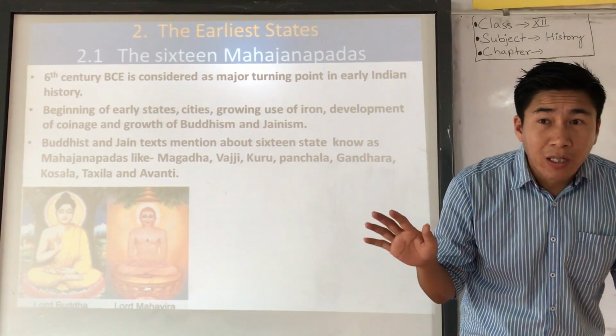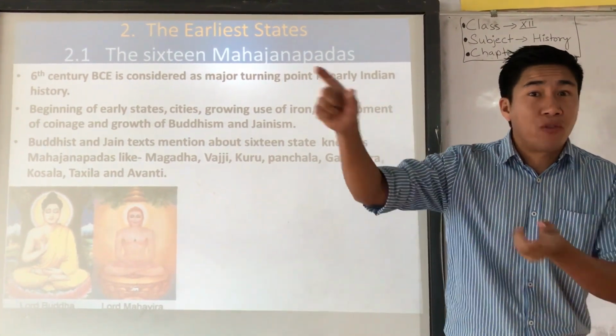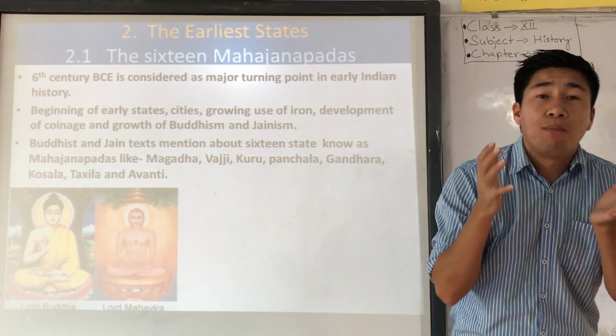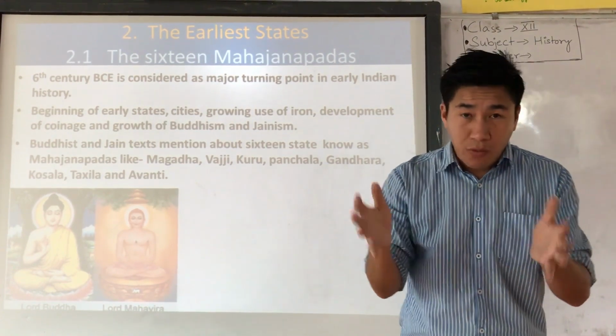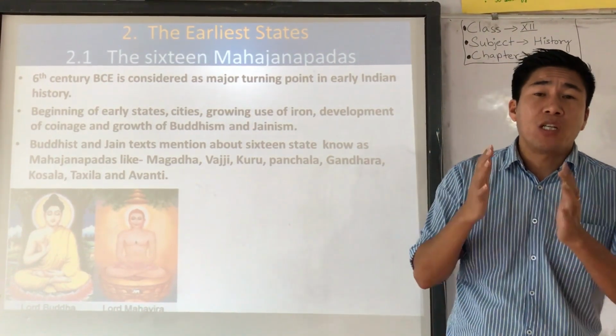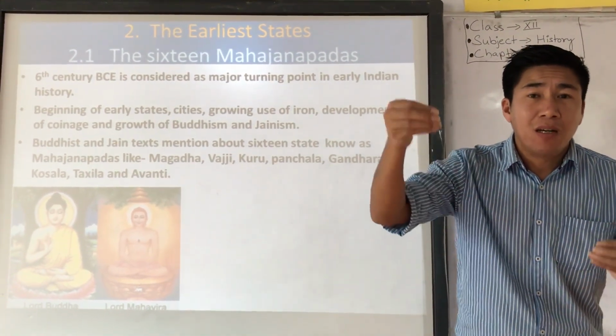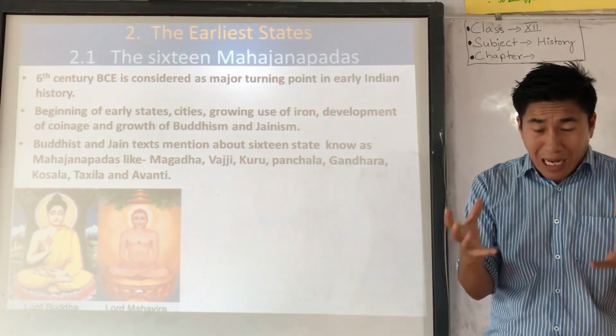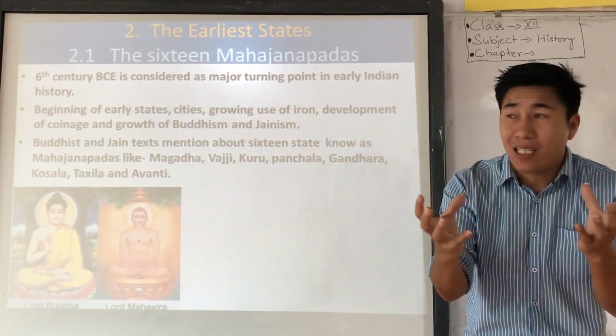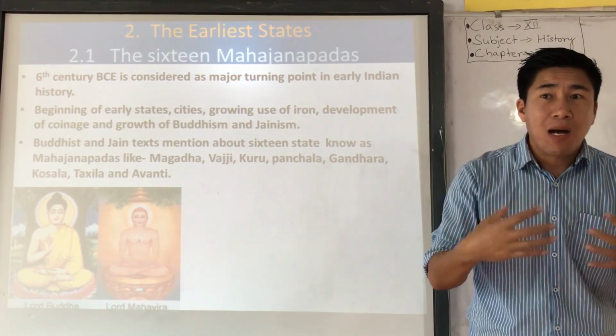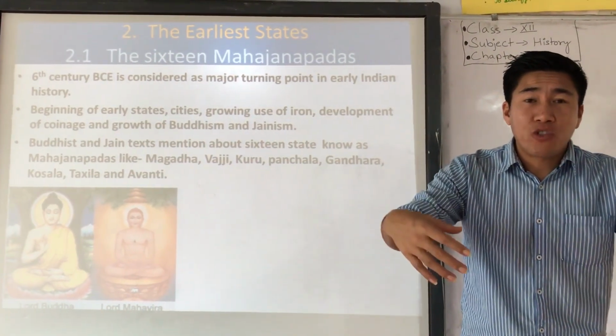I'm not talking about the Bhagavad Gita of Krishna and Arjuna. I'm telling you about the Bhagavati Sutra, the Jain text which mentions 16 Mahajanapadas. So with the help of these Buddhist and Jain texts, we know about the 16 Mahajanapadas that existed in the 6th century